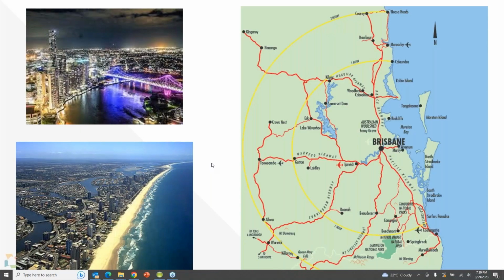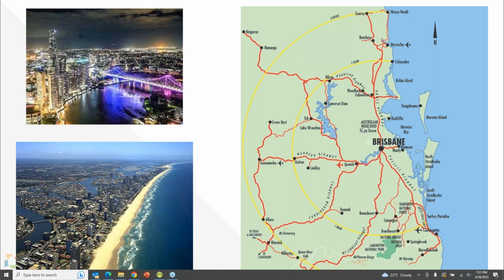Southeast Queensland corridor. So for those that are not sure of what we mean by the Southeast Queensland corridor, look at the map on the right-hand side of your screen. That's essentially down the bottom of the page from Coolangatta, which is the Gold Coast, up to Brisbane, out west to Logan and the Ipswich corridor, and then up north to the Sunshine Coast. So again, it's a very densely populated area.